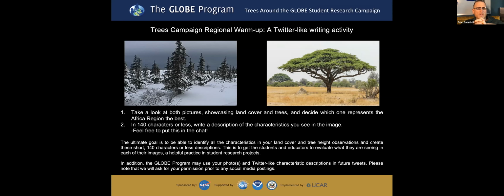So what we'd like you to do is choose one of these images, the one that you think best represents the Globe Africa region, okay? And then once you do, in 140 characters or less, give or take, we're not putting this on Twitter right now, but it's to really get you to succinctly identify the characteristics you see. In 140 characters or less, write a description of the characteristics you see in the image. So once again, choose which one you think best represents the Globe Africa region, and then write a description about